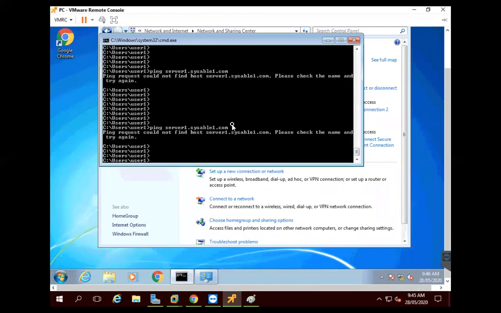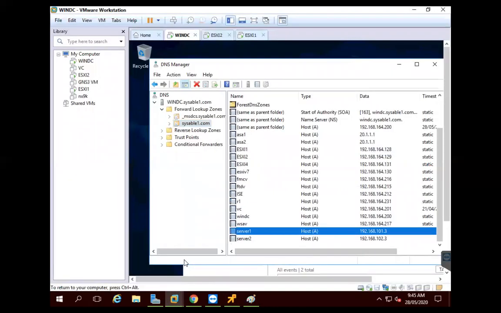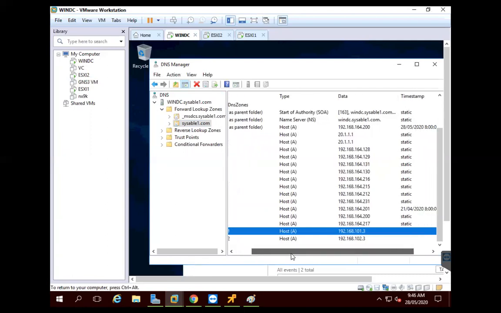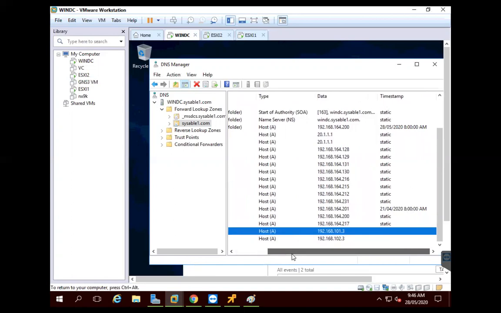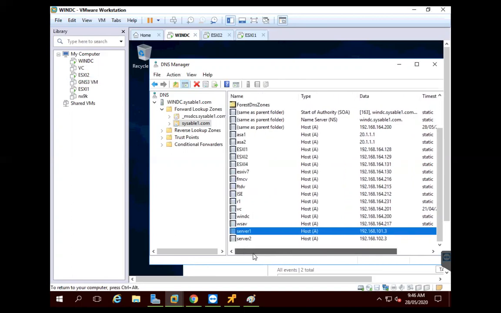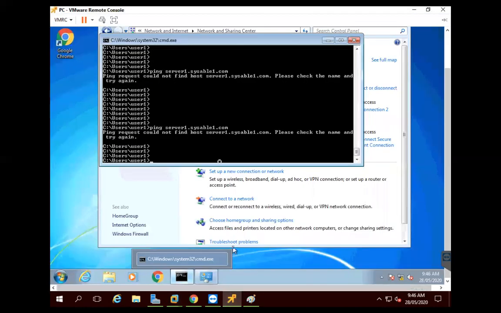You should be able to ping, but so what I will do, I will go ahead and disconnect and connect the VPN once again. I think that might resolve the issue.